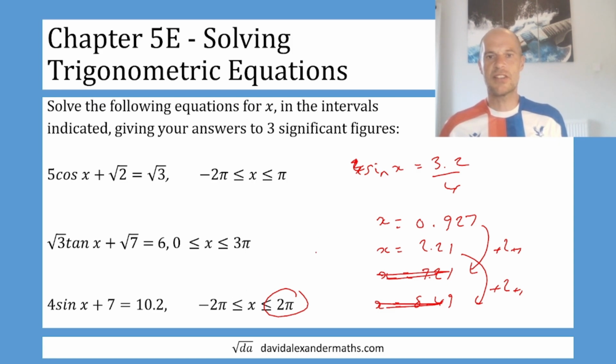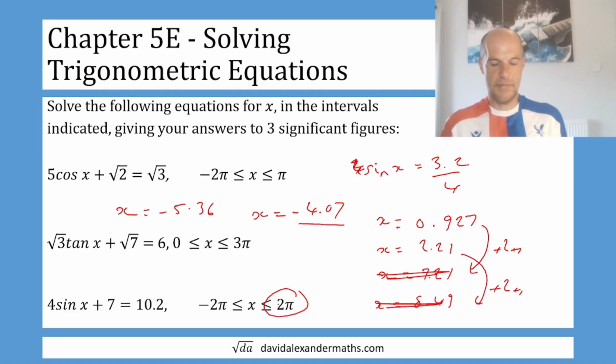But what about the ones that are less than 0? The one solution that is before the 0.927 is the 2.21 take away 2 pi, and the one before that will be 0.927 minus 2 pi. The 2.21 take away 2 pi is negative 4.07. And the 0.927 take away 2 pi is negative 5.356,